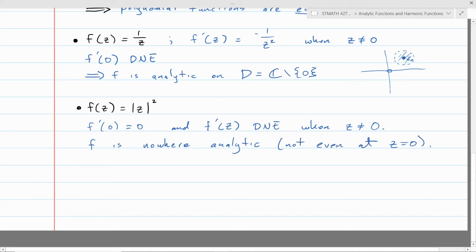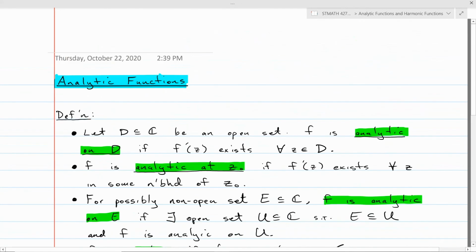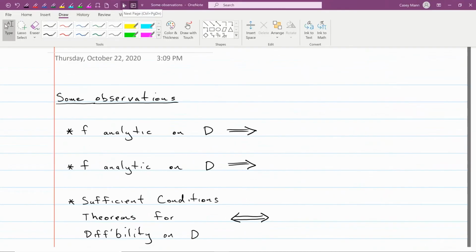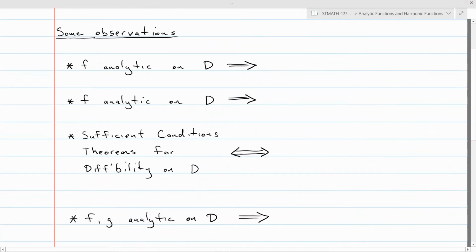So just differentiability at a point is not enough to say that it's analytic at the point. So I guess the moral of the story is analytic is just differentiable on a neighborhood. All right, so let's make a few observations about analytic functions. Well, one thing we can say is that if f is analytic on a set D, we know it's differentiable